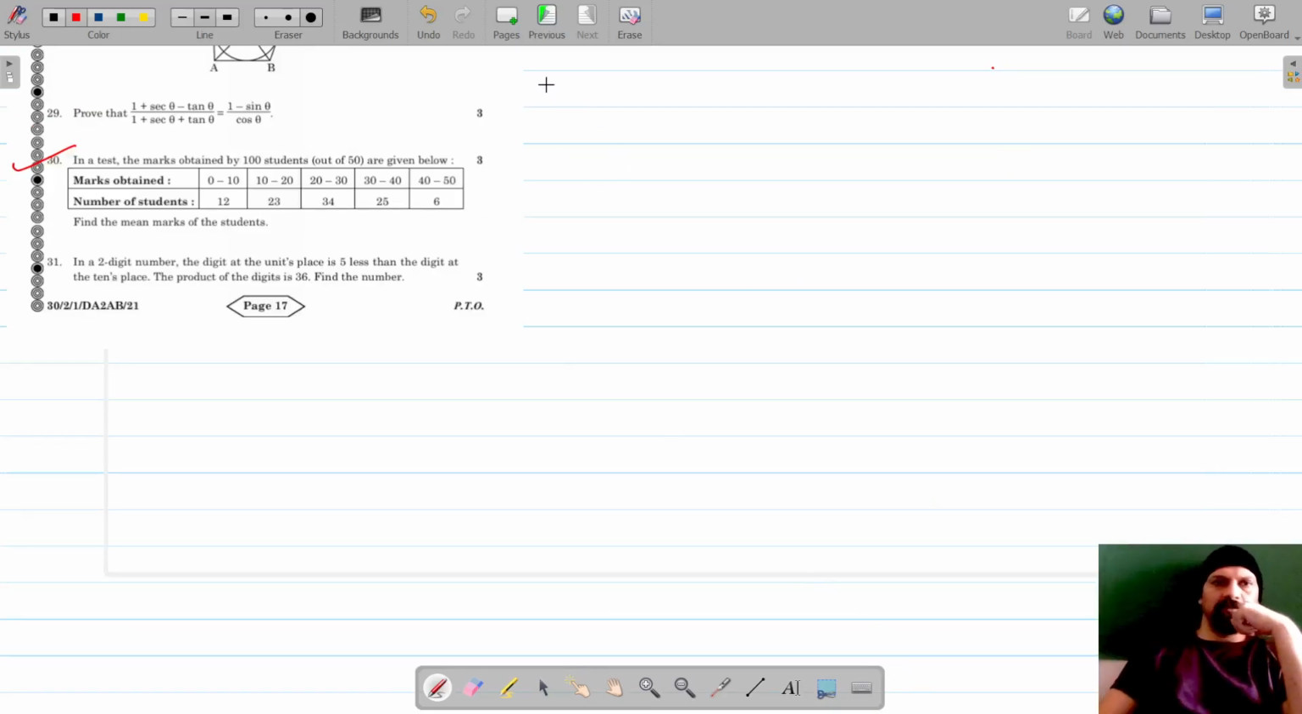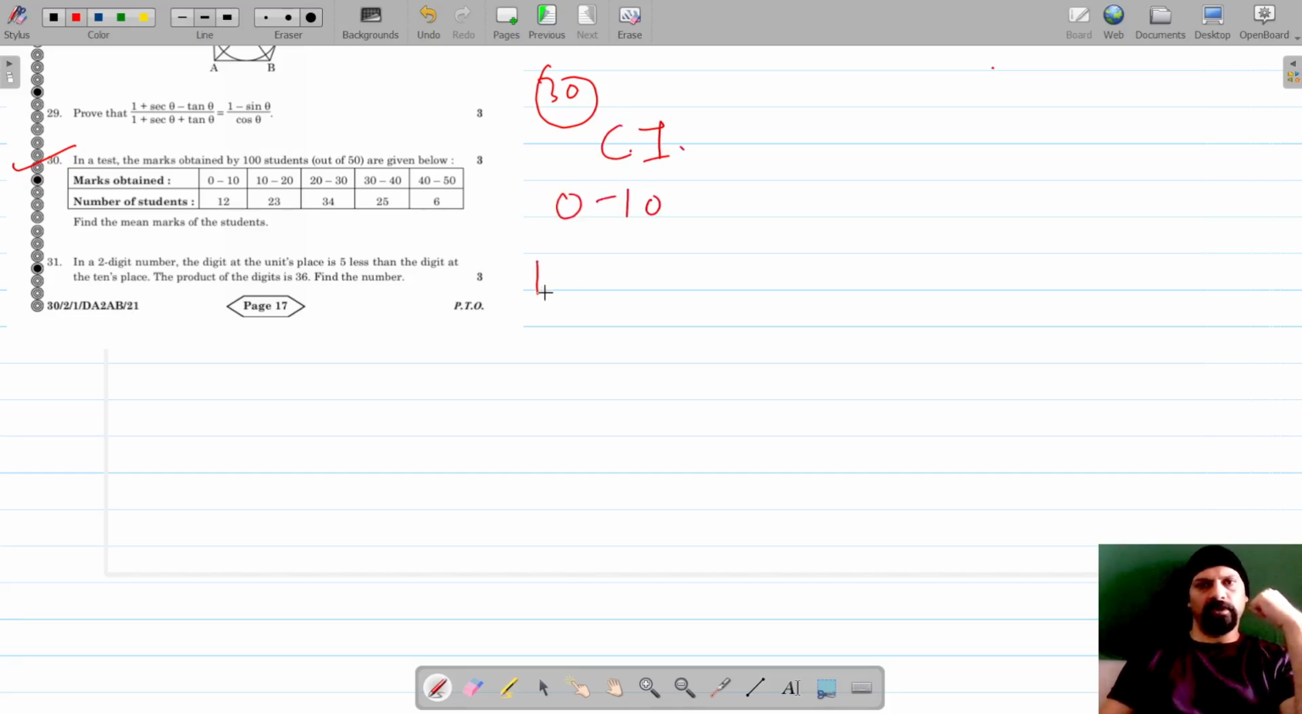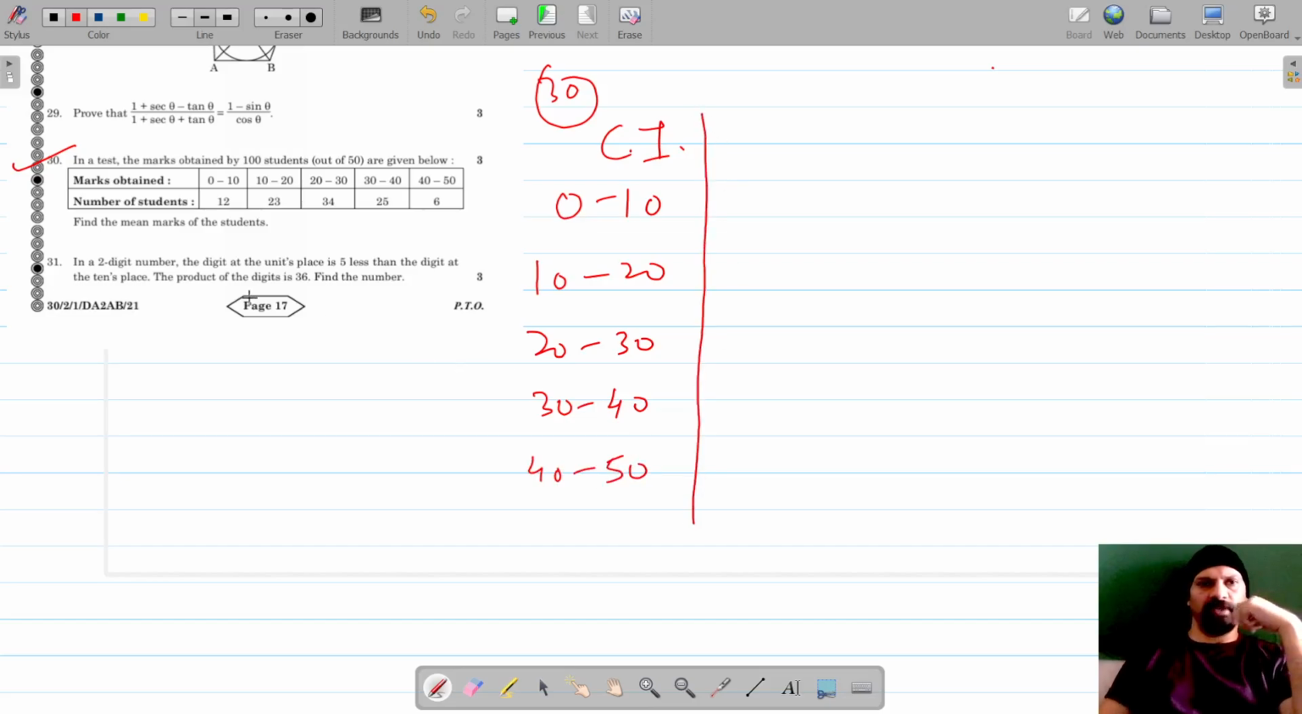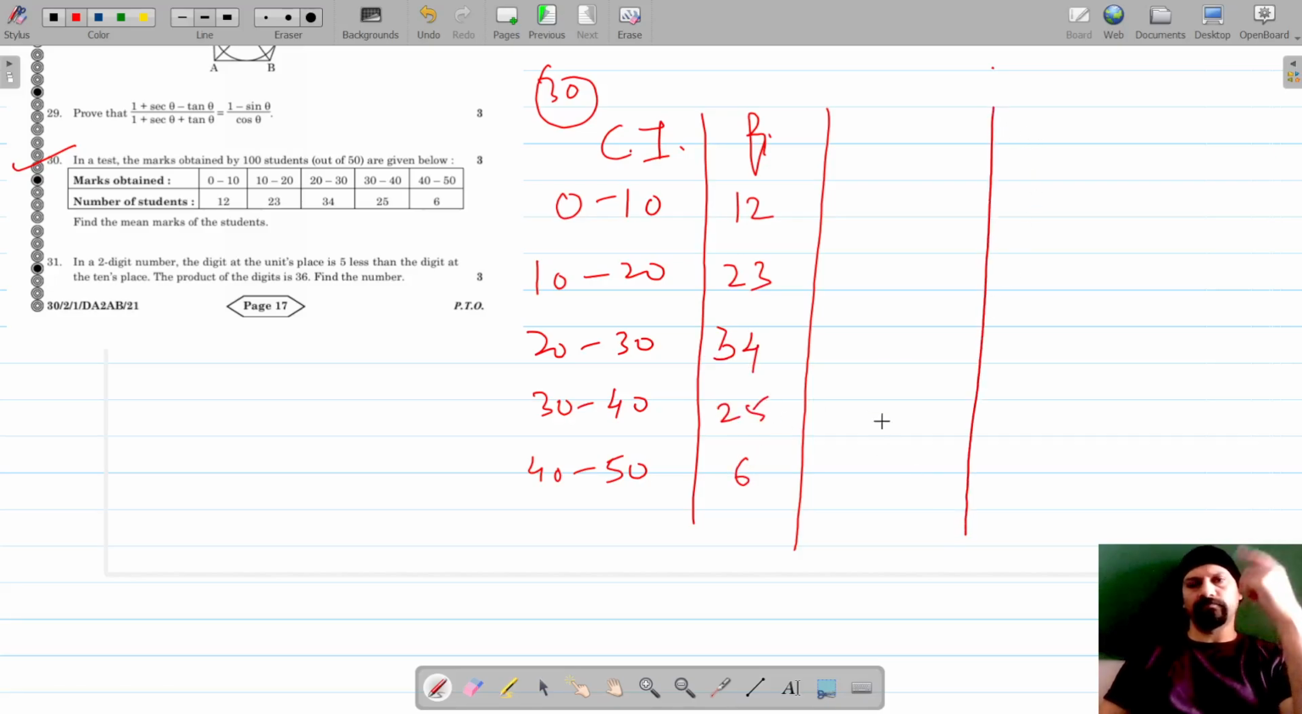Okay, for question number 30, we have to find the mean marks of 100 students out of 50. So marks obtained are in the class intervals. These are the class intervals 0 to 10, 10 to 20, 20 to 30, 30 to 40, and 40 to 50. These are the class intervals, and number of students, that is the frequency, is 12, 23, 34, 25, and 6. And I'm going to find out the class marks, which is